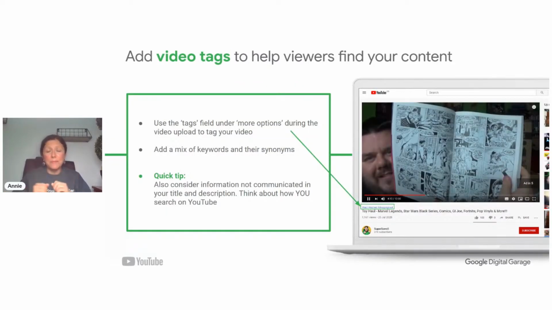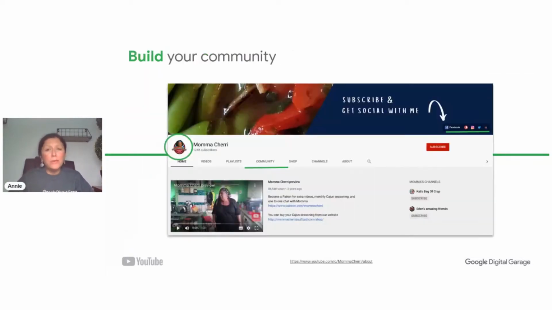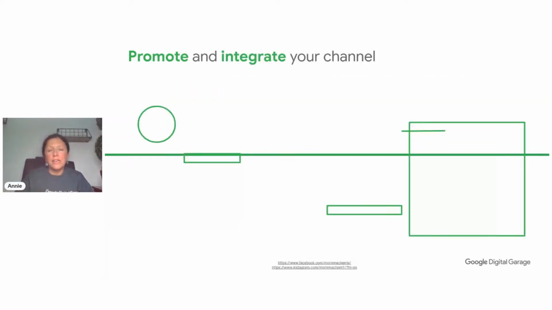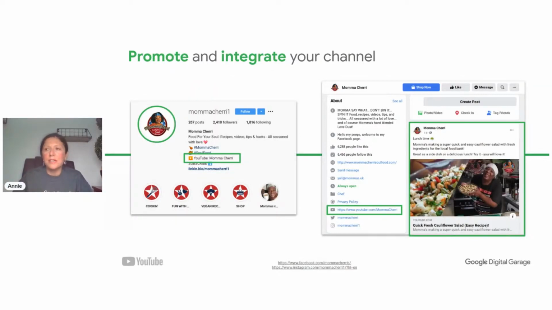We also just want to keep it simple. So making sure we've got hashtags in the same way we would in other social media channels so that we can bring everyone into one area and so that people can find us. Build that community up, integrate it with other channels. If you've got a website, put YouTube on there. If you've got social media, put YouTube on there, and vice versa. You can put different channels on all of them so that everybody knows the different kinds of content you've got, so that you can develop the content community around different types of areas.